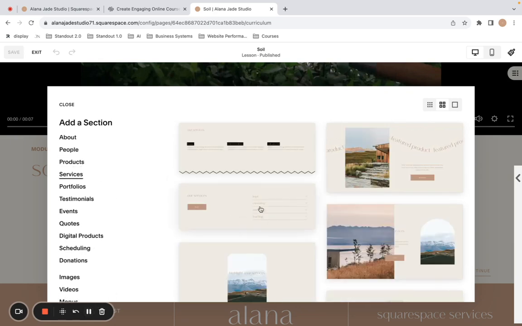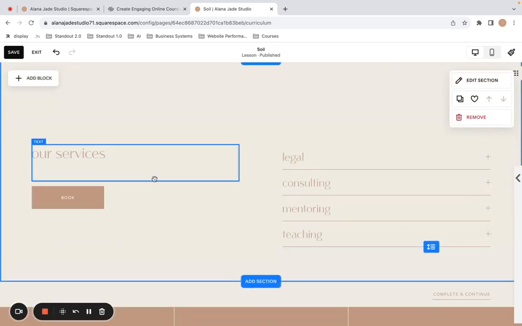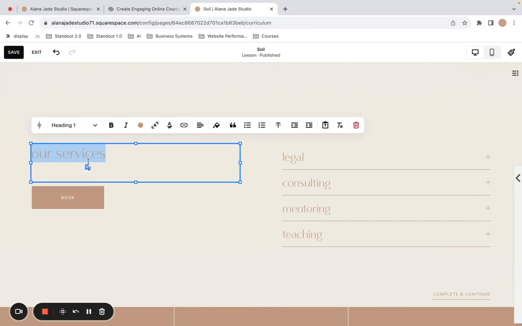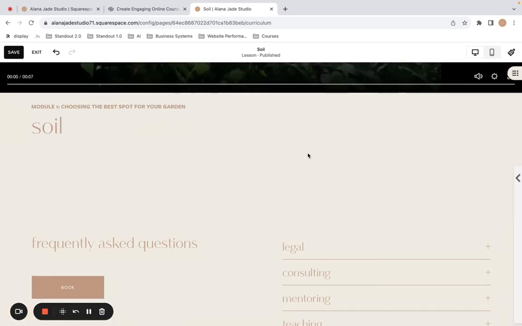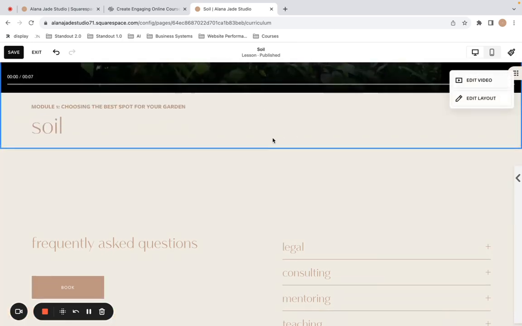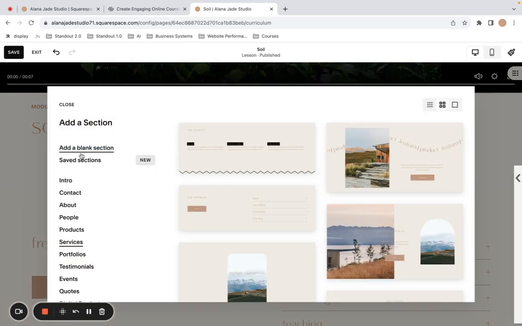Here's a little accordion block, right? So I'm going to pop that in there onto the page. And then I could change this to frequently asked questions. And then I could put my questions and answers in here for this particular lesson. I can also add in, say, just another section here, which has got maybe a blank section, and I'm going to put some text in here